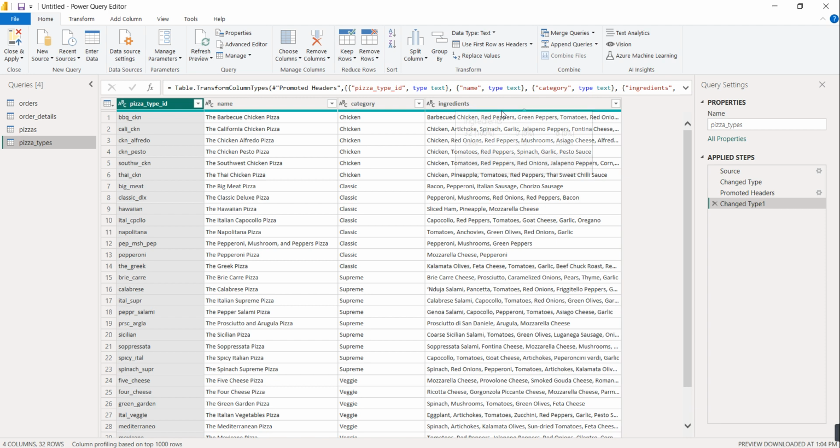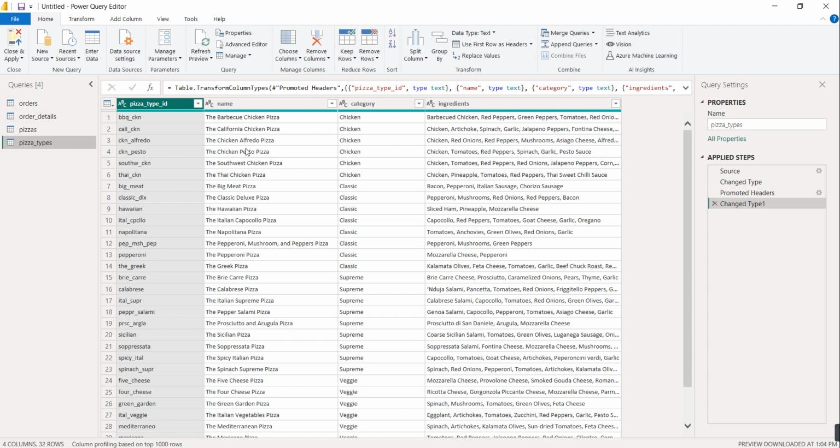So this was the first step. Whenever the data is loaded, after that you have to observe the data completely and think what changes you have to make in this particular data set. Right now we observed one mistake. The mistake was that the header was not available. The header was in the first row of the data. So we have used the first row as a header in this particular table,